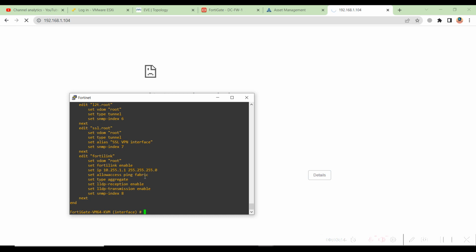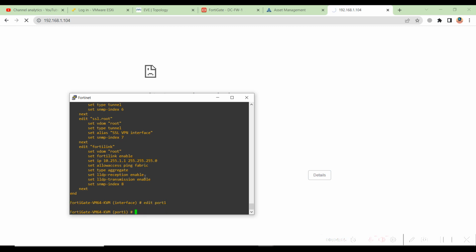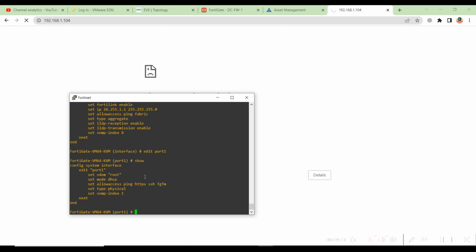Let's configure a static IP on the interface and also add the HTTP there. So I'll say edit port 1, and you are inside the port 1 now. If you want to see the configs there, you just type in show and you will see the configuration of the port 1. Now if you want to change it, say set mode to static,